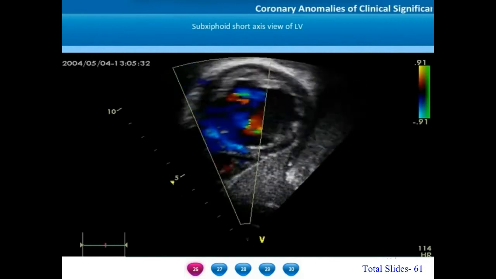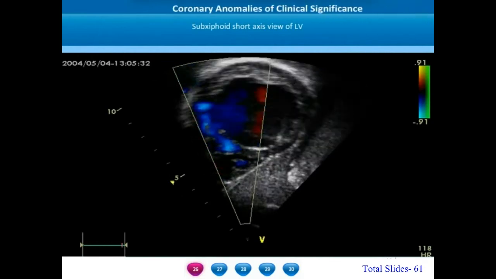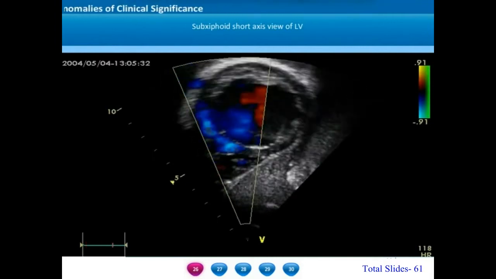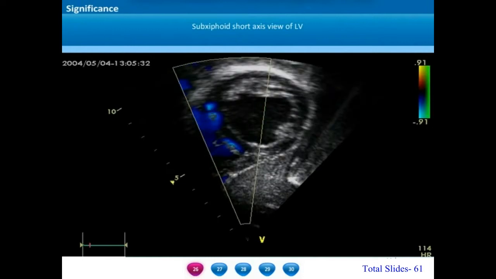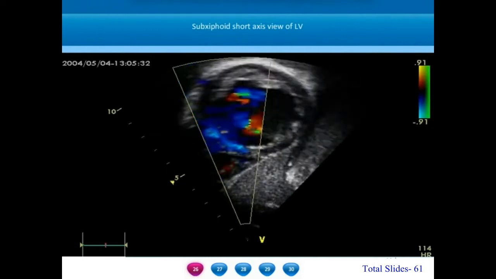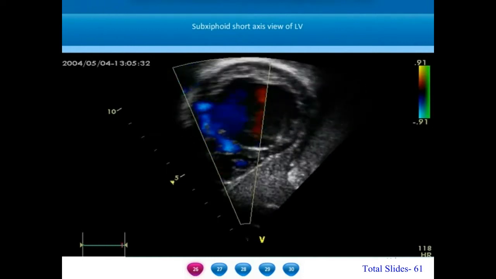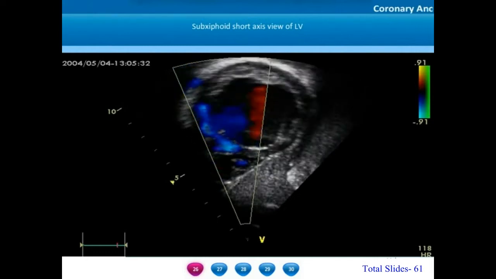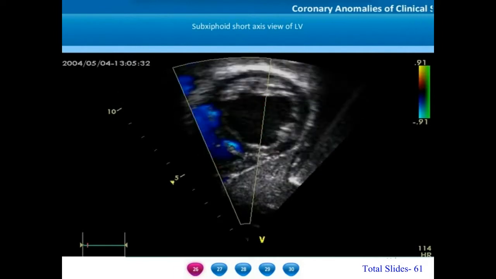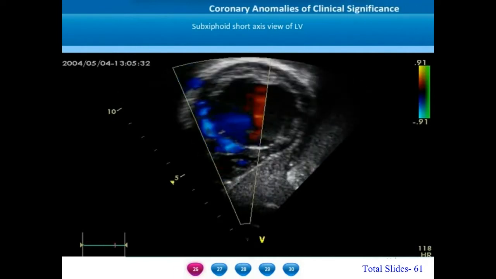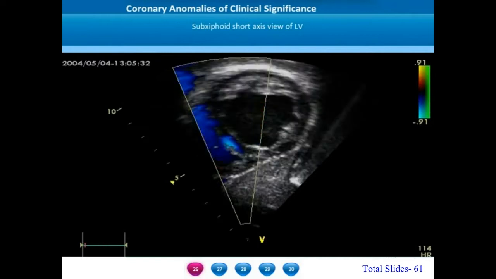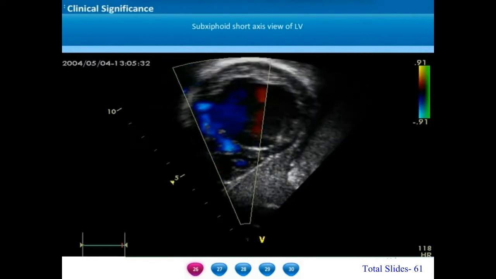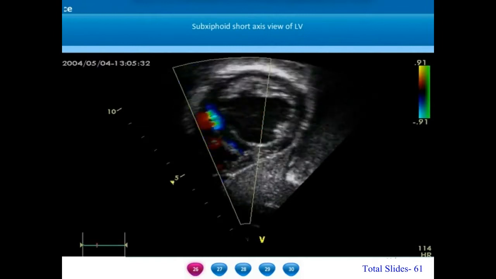This is a subxiphoid short axis view of the left ventricle. The blood flows in the interventricular septum through septal collaterals from the PDA of the right coronary artery to the septal branches of the LAD. The PDA of the right coronary artery courses in the posterior interventricular groove. The LAD courses in the anterior interventricular groove. And the collaterals that develop between the PDA and the LAD